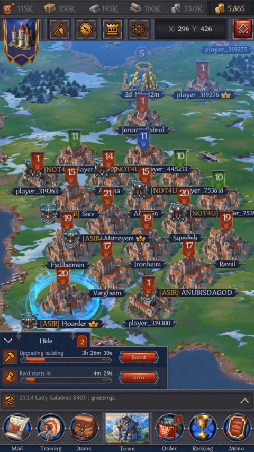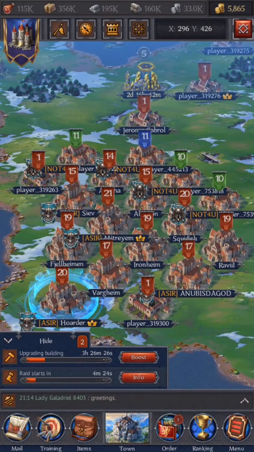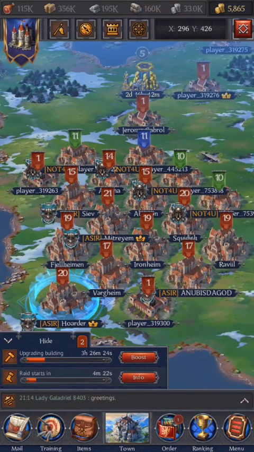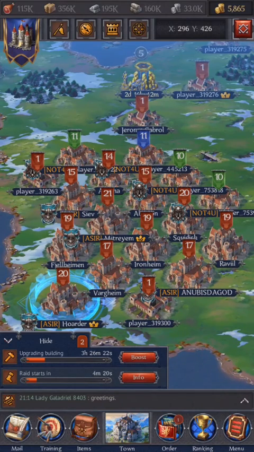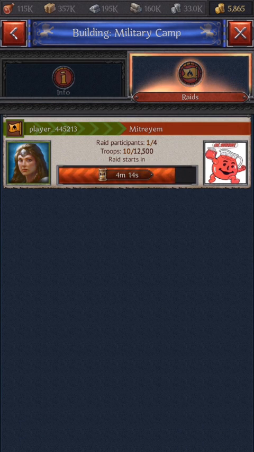Also, at this point, it'd be nice to point out that down here near the bottom in your order menu, there's a little red 1. That means that there's one raid that your order is currently hosting. So, while I'm hosting this raid here, if someone else were to join me,